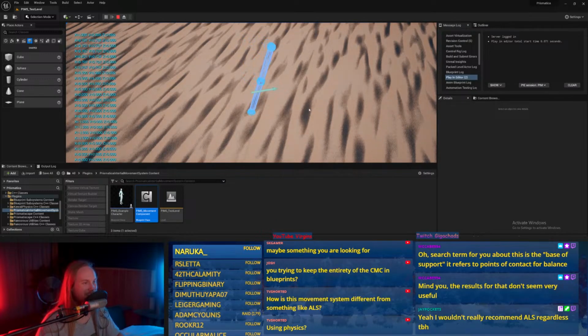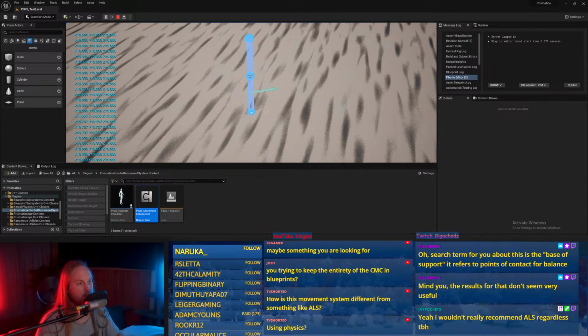Pog. So essentially what we want to do is the character leans this way, and the feet catch up to the character. And that's how our movement is going to work. It's not going to be feet first. Feet are a product of catching or balancing.